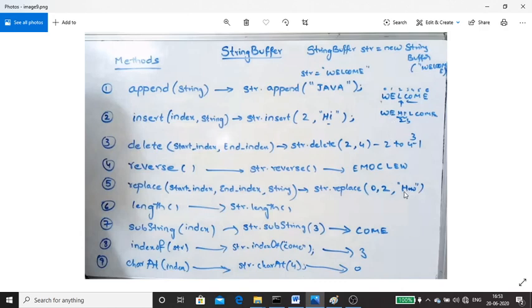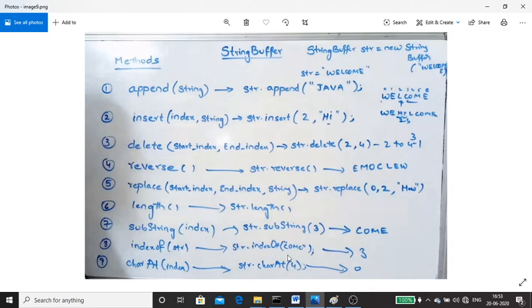Okay, so if I give the string length of 10, that will be replaced with 10. If I give just 1, that will be replaced with T, which will be printed 2 times. So length, you can understand, the length of the string will be printed. Substring, starting from this index value: from 3, whatever is present after 3 in the string will be printed.